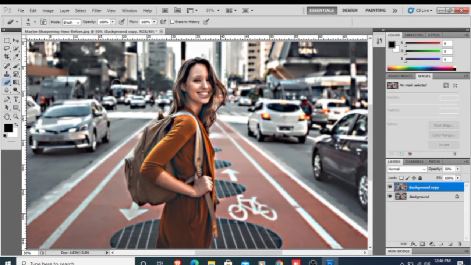Now you have to apply it to erase the areas of the image that should be displayed sharp, like this. Here you can see your image gets a softened look, and the things around the image look blurred. By using this method you can apply softness to your image. Hope you all are clear with this.